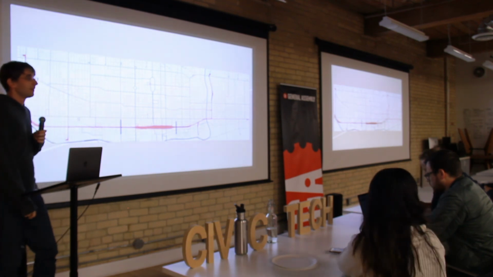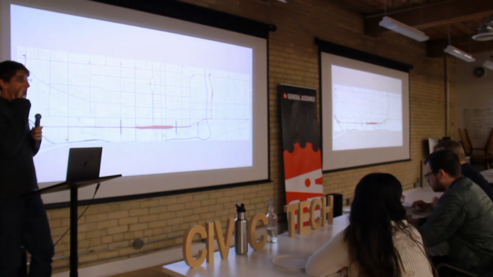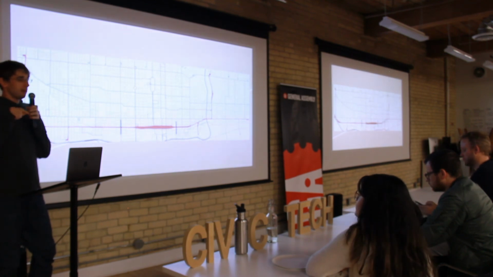Have you found any position data for the subway? So there is a project ongoing with Civic